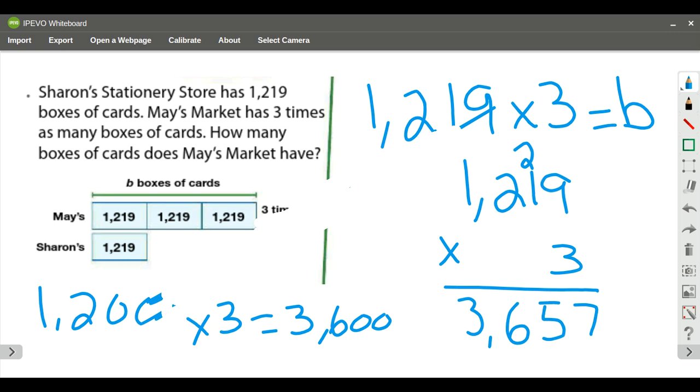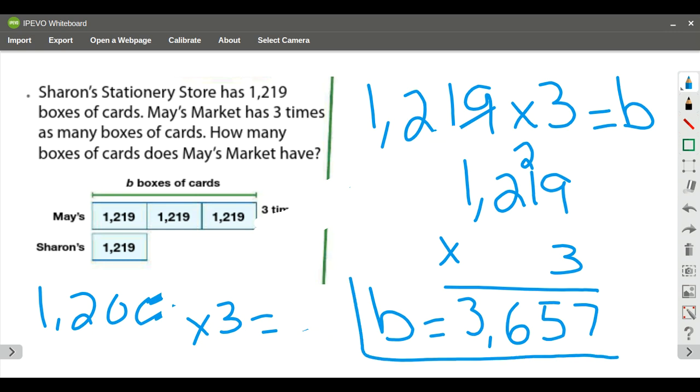So for the number of cards that I have, I'm going to check to see if it's reasonable. It's a very reasonable estimate. 3,600 is very close to 3,657. And then I'm going to make sure that I add in my variable and say that B is equal to